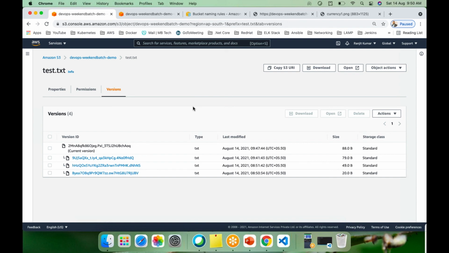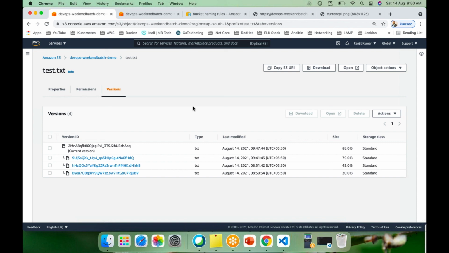That means I just updated the test.txt file, and this has been uploaded into the replication bucket. Another thing, this test.txt file will have more than 3 or 4 versions, right? If I check these versions, it will have 4 versions.